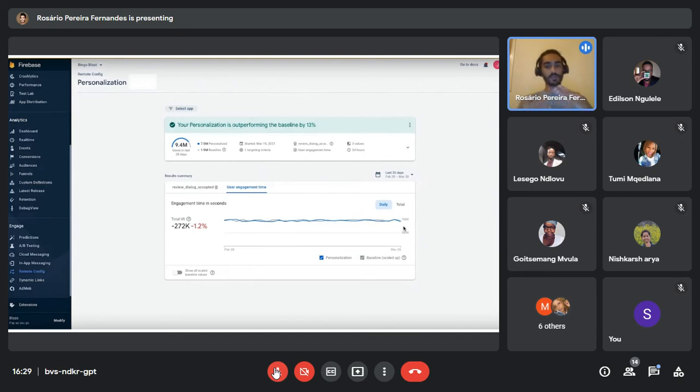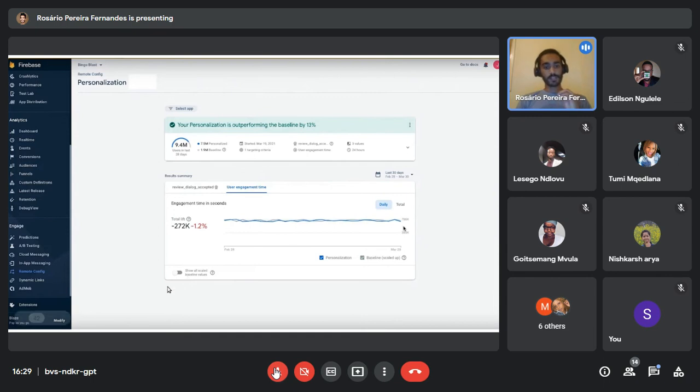So it's not that bad because it's not going too far apart from the baseline. I would say this is not bad. It's just been oscillating and there's nothing really bad happening. It would be bad if you saw the baseline graph going far apart from the personalization graph. That would be something concerning for you.